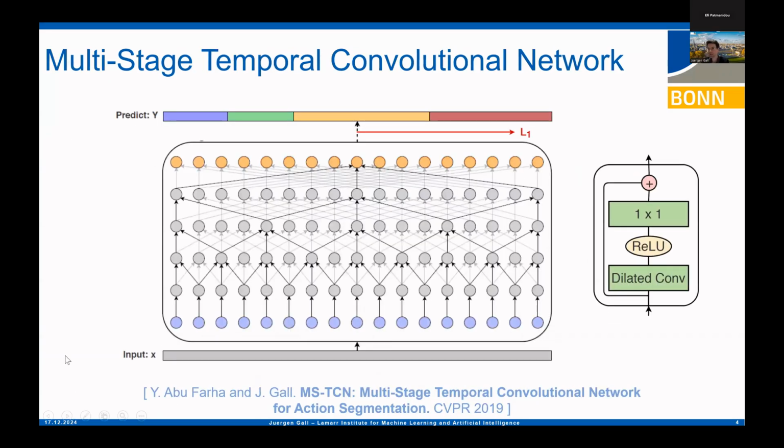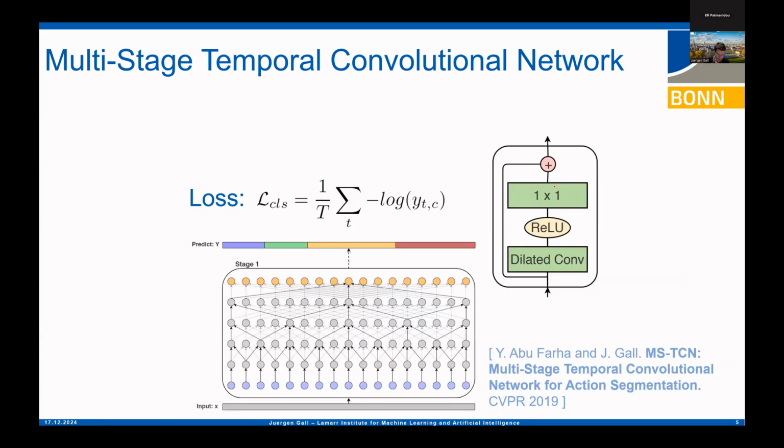One of the approaches we developed was called a multi-stage temporal convolutional network. If you just add more and more layers, with dilation factor 1, dilation factor 2, dilation factor 4, and so on, this did not really improve the results. Therefore, at some point you have to do a so-called reset. After the first stage you have your loss, the standard loss for each of the frames. D is the annotation of the frame, C is the ground truth class label, and you want to predict the probability that the network makes a correct prediction.